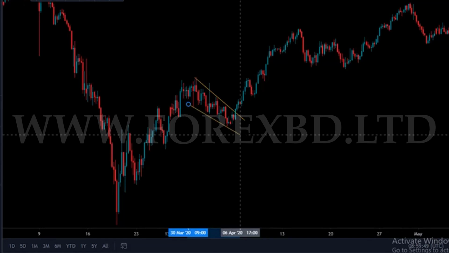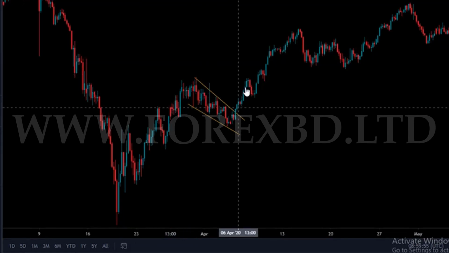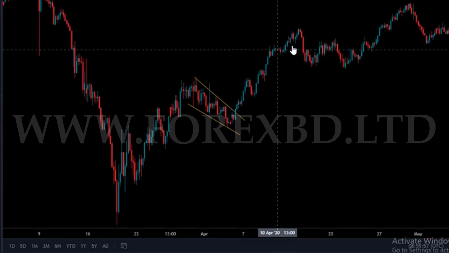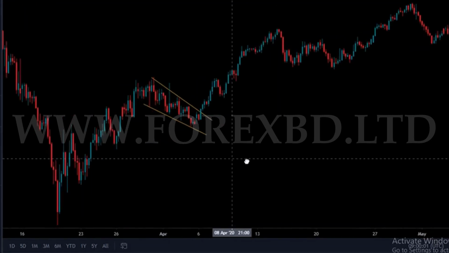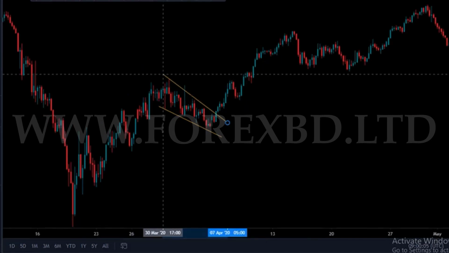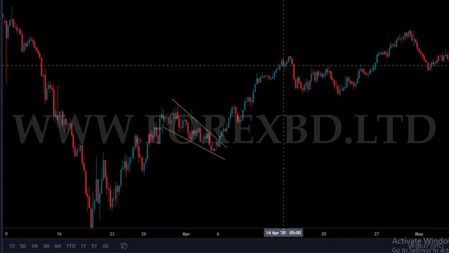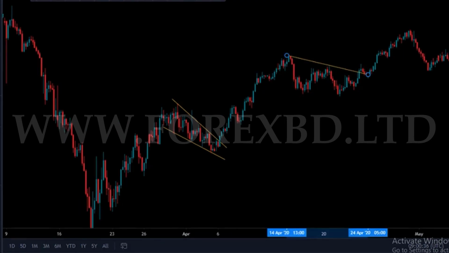So now you can see very easily that the market has made a very good profit by making a flag pattern here. And of course you have to understand the trend line setting system very well. We will draw with the first point and the last point. You can see the market has broken my trend line and gone up. Then here you can see that the market has created another flag pattern in the same way, and we will set the trend line in this place.